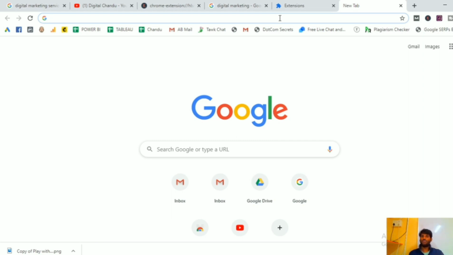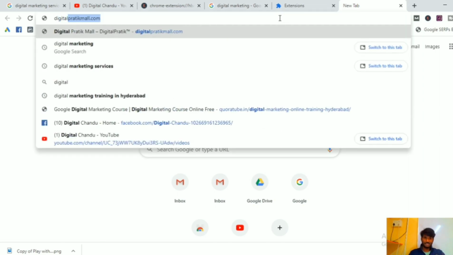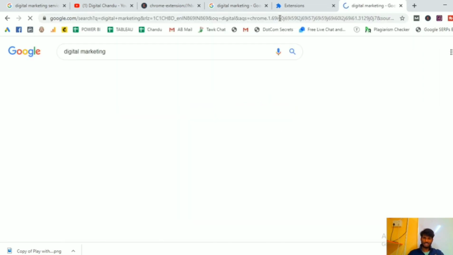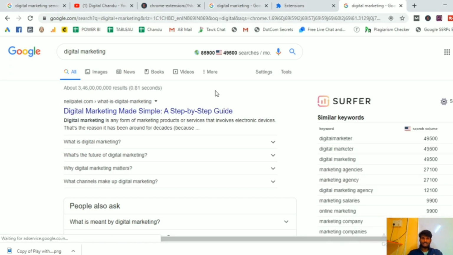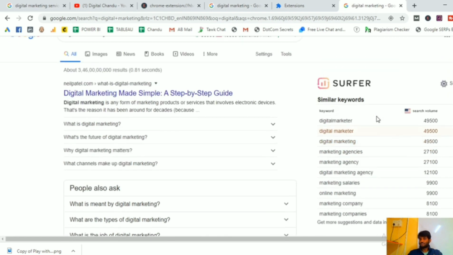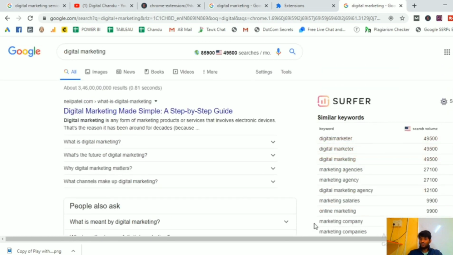No need to take that particular keyword and go to Keyword Planner. You no need to do like that. It's a time-taking process, guys, right? So the reason is it will help you and it will save you a lot of time whenever doing a particular job. See, whenever I search a particular keyword, digital marketing here, on the right side it will show you